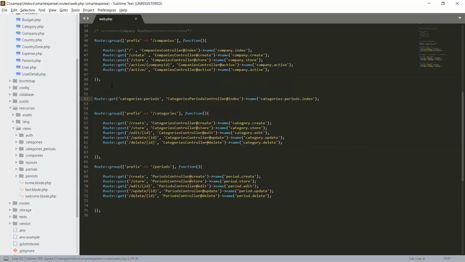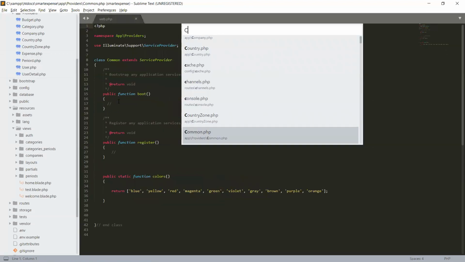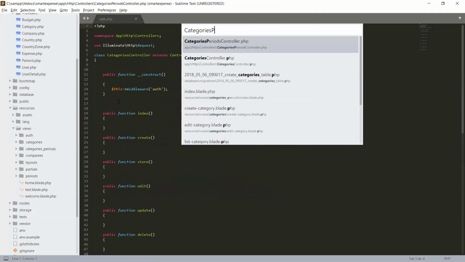So I hope it makes sense. And when we do the practical work, we will switch backward and forward to our routes, so we will have a better understanding then. Okay, let me show you the categories periods controller.